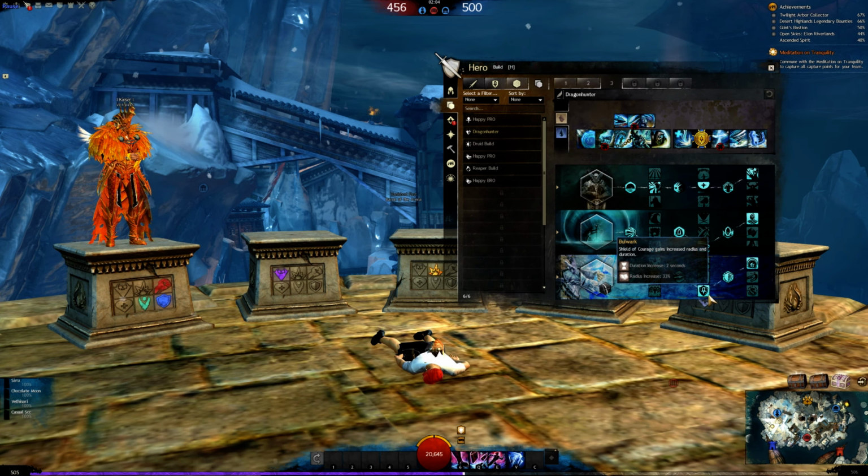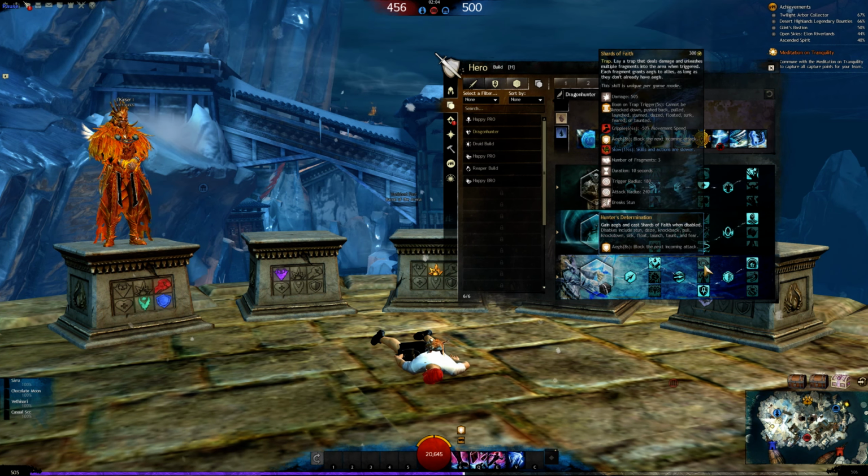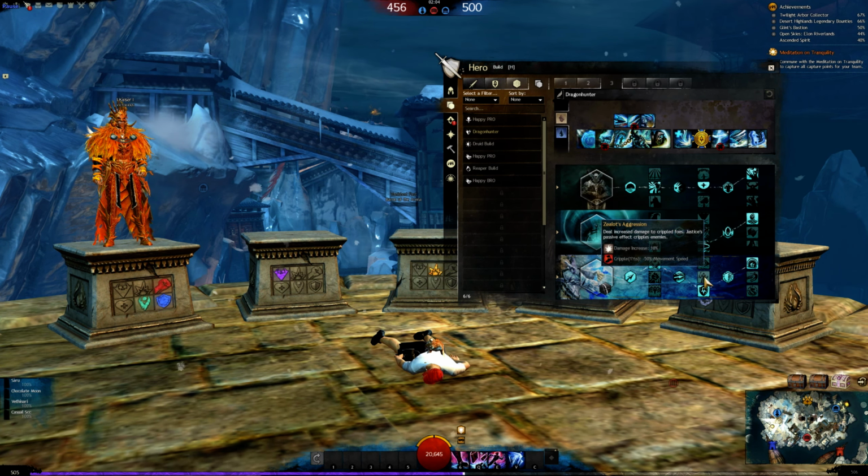Then Bulwark: Shield of Courage gains increased radius and duration. This is what I use on this build because you really need it. You have only 1 stun break, and with a larger radius and longer duration, you will just be able to stay safe a lot longer. What I see is people using Zealot's Aggression, 10% damage bonus and an extra cripple